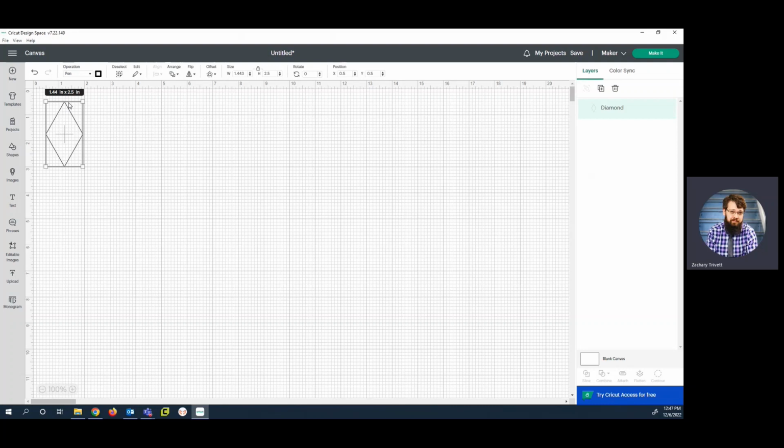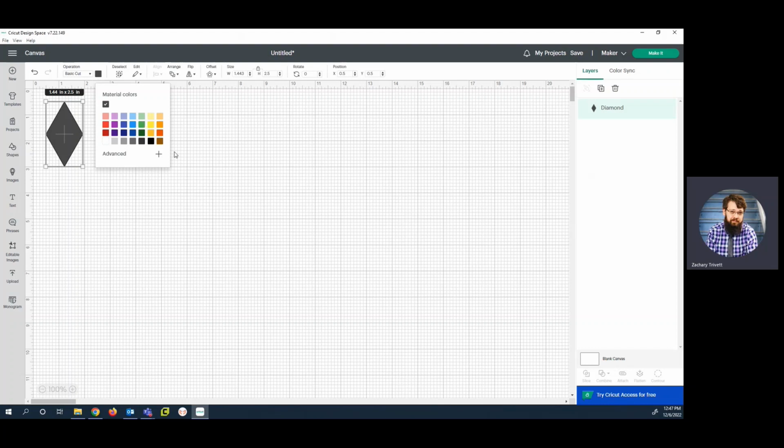It will not fill that in. Going back to cut, it's literally just going to cut the outside with the blade. This is changing it to drawing it with a pen, depending on what material that you have. So we're going to go back to basic cut. You can also change the color. The color will only matter if you're doing designs with multiple colors on it, and that's how you'll keep up